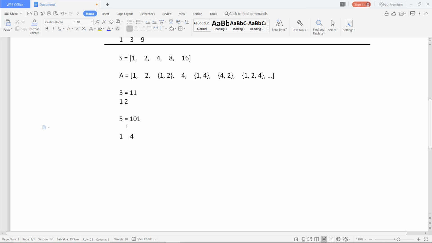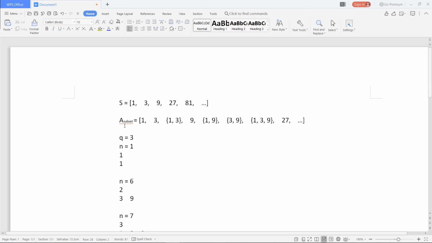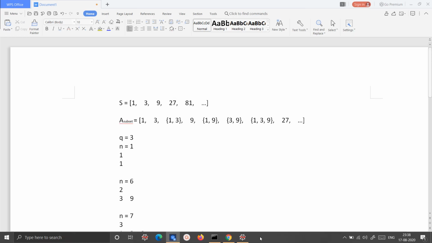We can get the length of this subset by counting the set bits in the binary representation of 5. So this is 2. We are done, and now let's code this problem.